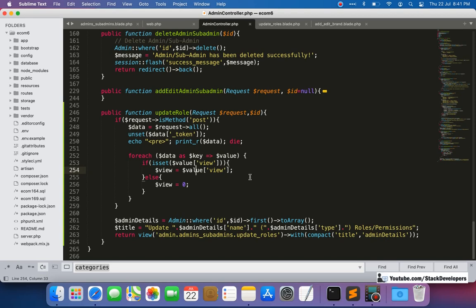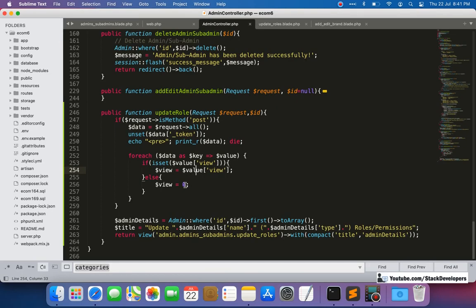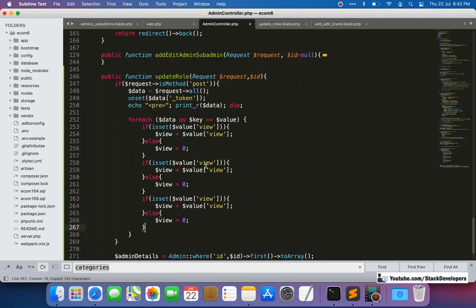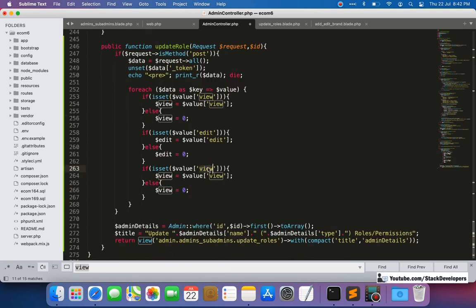And if it is not coming at all, like here view is not coming at all, then it is going to assign the 0 value for the view. We are going to work like this, and the same thing we are going to do for the edit, and the same for the full access. Here we are going to type the edit, and here we are going to type the full.